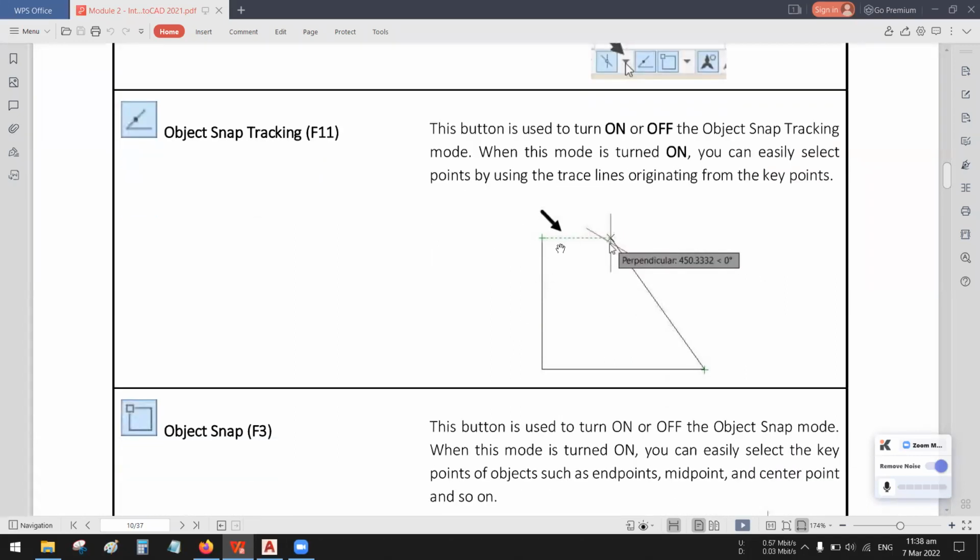So ito siya. Okay, so let's say meron ka ditong line, then meron ka din dito line. So gusto mong i-connect siya na naka-align dito sa kabila. So with the use of object snap, i-hover mo lang siya dito, yung na-create mo, and then wait mo lang yung trace lines. So meaning ito yung naka-align na line, or ito yung point na naka-align na